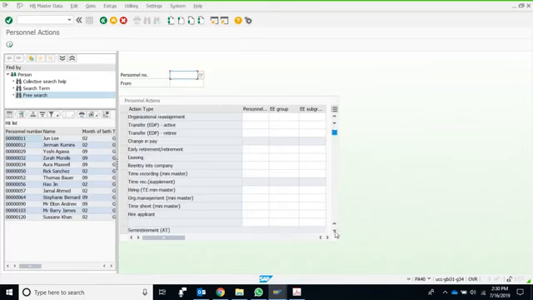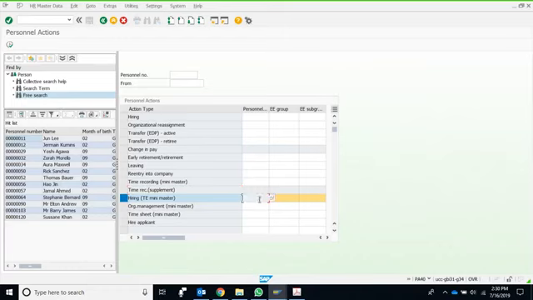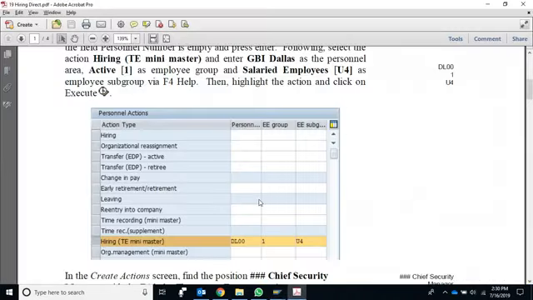There are two or more than two hirings, so we have to go to hiring mini master because we actually want to hire an employee with the minimal amount of data. So the handout says, here is the handout. The personal area is